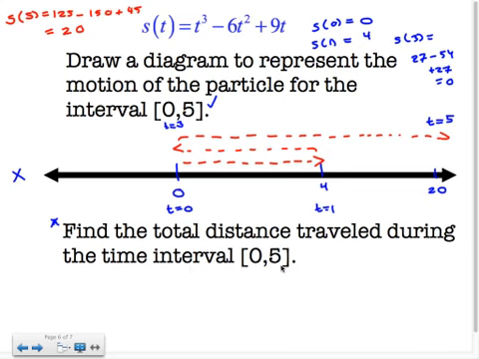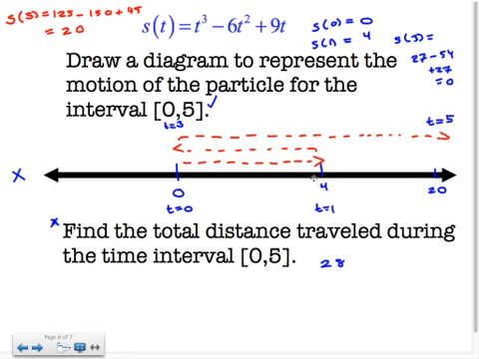Now, this is different from how much the displacement changed. In other words, where did I start versus where did I finish? That answer is 20. I started at 0, I ended at 20. That's 20 units, but that's not how far we traveled, because we actually went forward and backwards. So I can clearly see from this chart that I went 4 units to the right, 4 units back. That's 8, plus another 20, so the answer is 28. Now, how do you arrive at this answer of 28